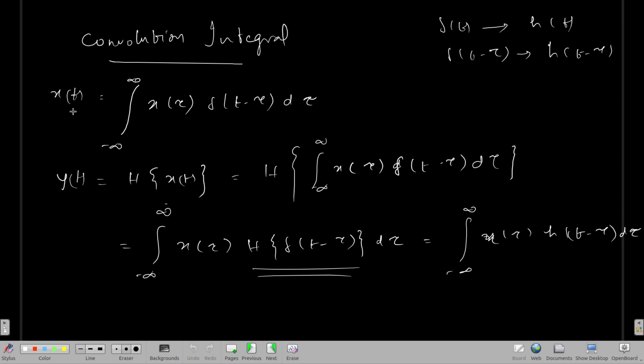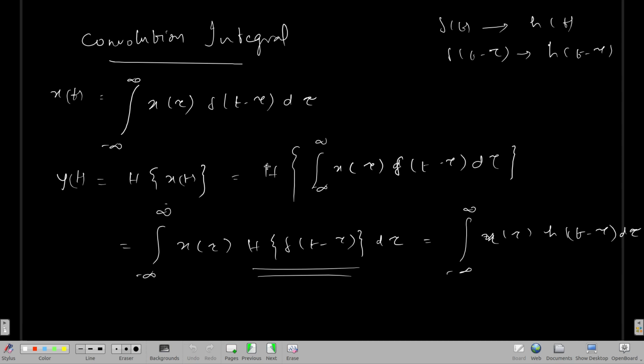First we represent the signal as a sum or integral of different weighted impulse functions. Here we are using this t, and we keep on shifting it so that we get the whole signal. Okay, then we represent the output as h of that particular input, h of x of t. Then we represent x of t using the above expression, and then we change the order